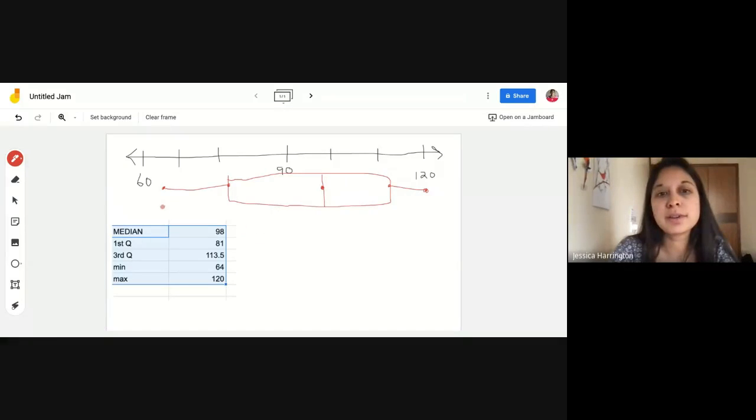Okay, so why does this help me? Because I know that 50% of my data falls between each of the median and the endpoints, right? So in this, I am noticing right away that the largest interval is between the minimum and the median, right? But this is between 64 and 98, which is much larger than between 98 and 120. So if I'm looking at this bigger interval, the bigger half or 50% of my data falls between the minimum